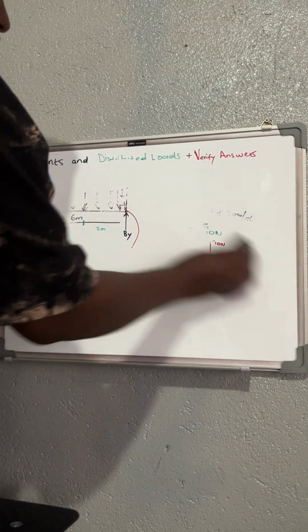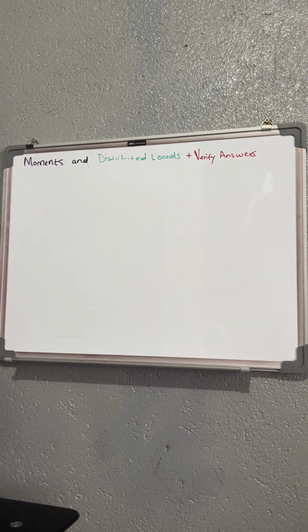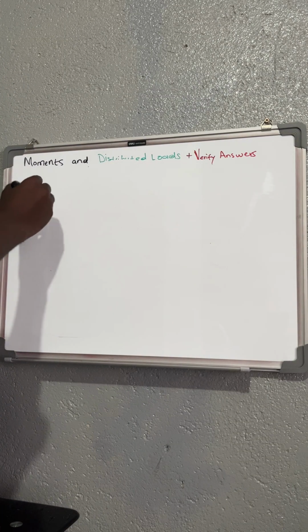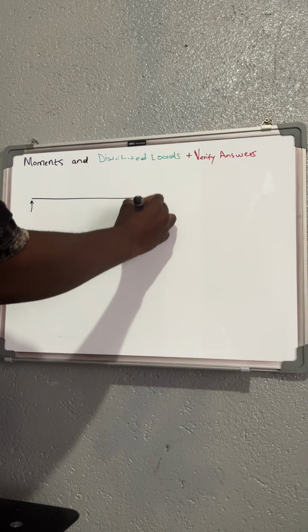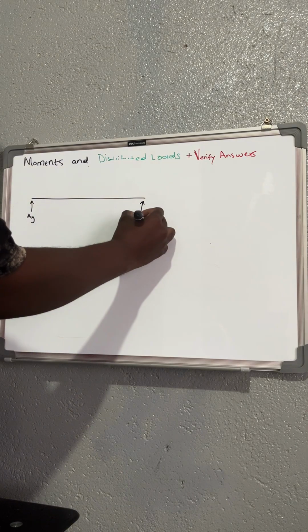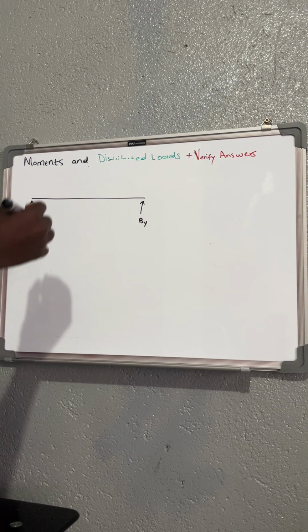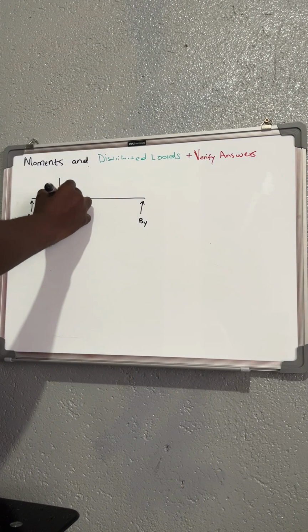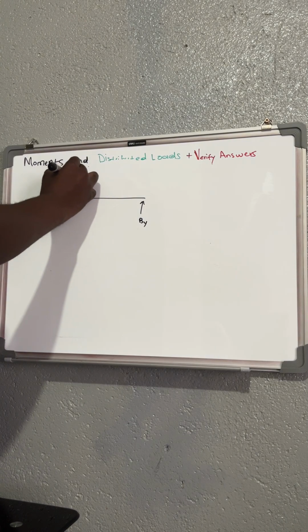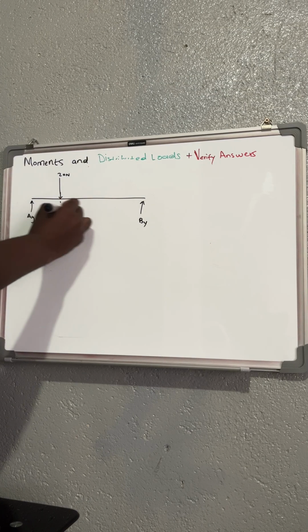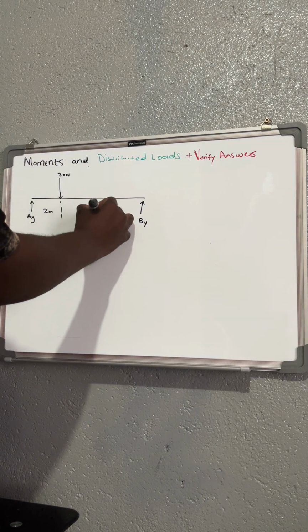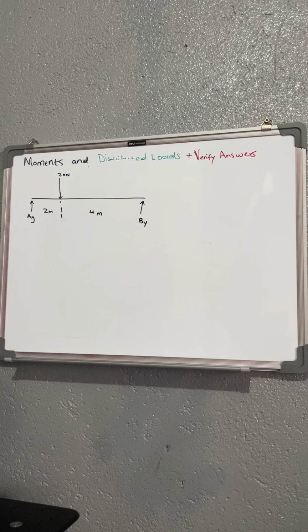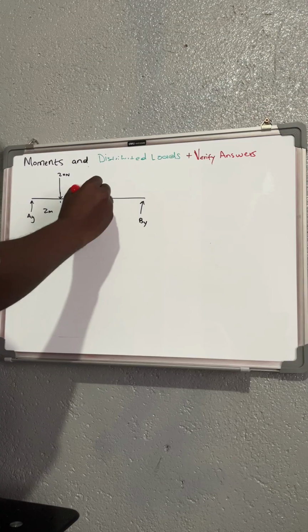So now you get to an instance where you're being asked something like this. Okay, let's just say you still have a plank that looks like this. Then you have your AY, and this side you have your BY. Then let's just say somewhere along here you have your 20 Newton. Then this side I can just call it 2 meter. Then the long side I can even just still use your 4 meter. Then now they've introduced a moment, or if you see something that is moving like this,